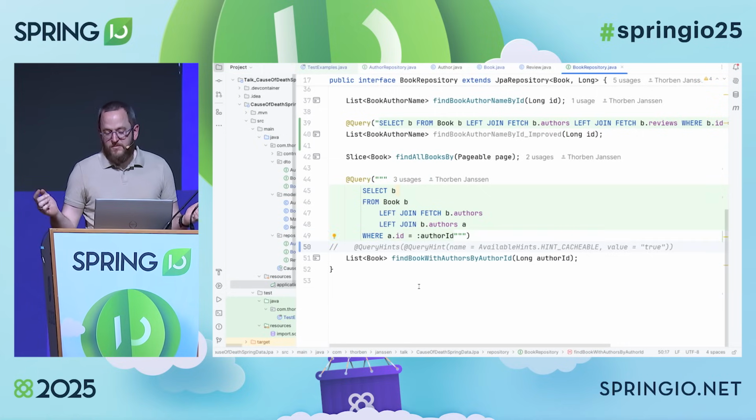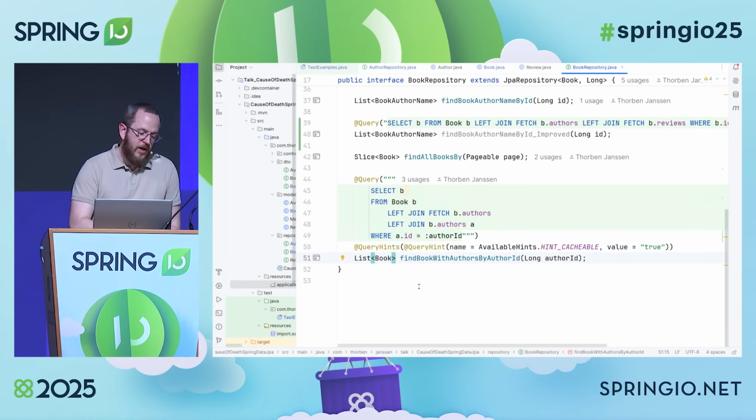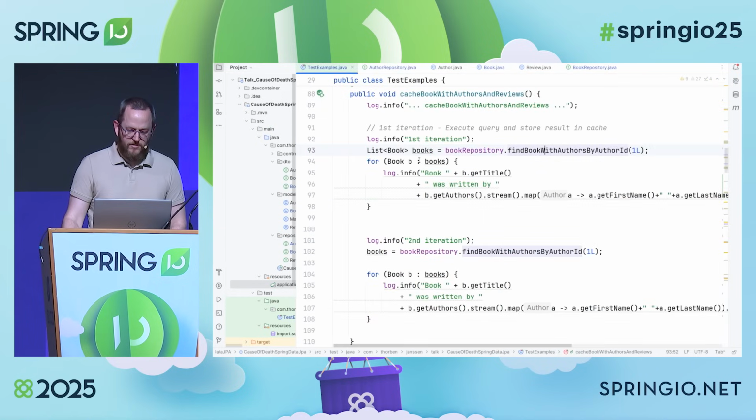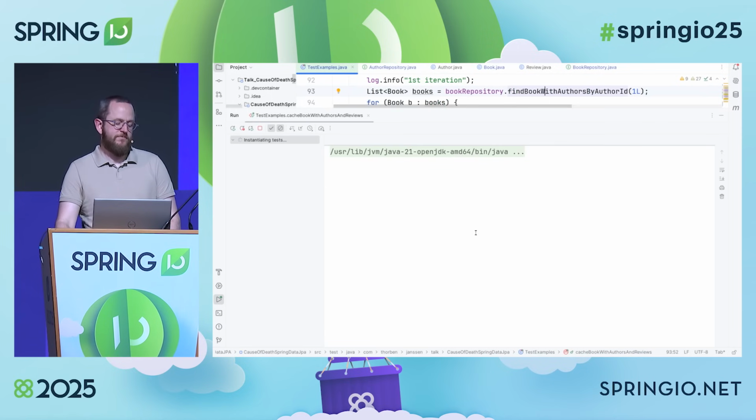So what else could we do? Well, if normal caching doesn't work, then maybe query caching. We could activate Hibernate's query cache for this statement, and we run this thing. Let's see if that helps.